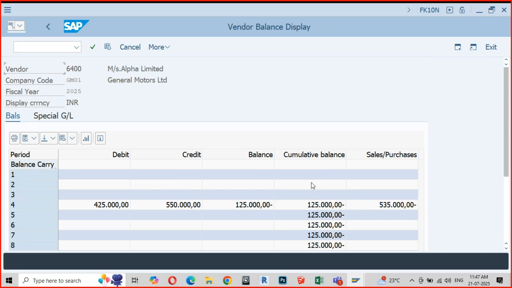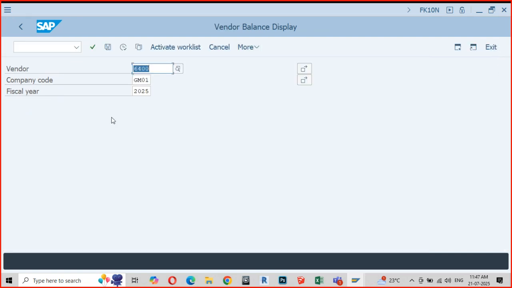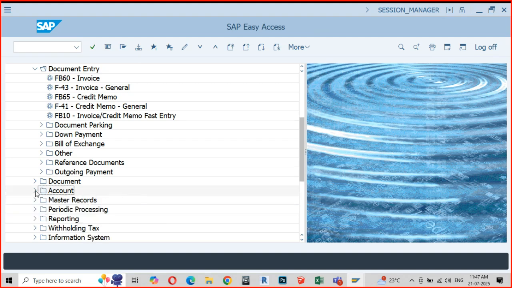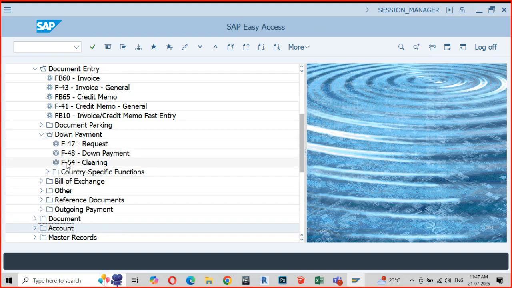How do I connect? Down payment clearing. I created the advance. Now I'm going to clear. What is the process of clearing? I'm connecting the invoice with the advance. That is all.